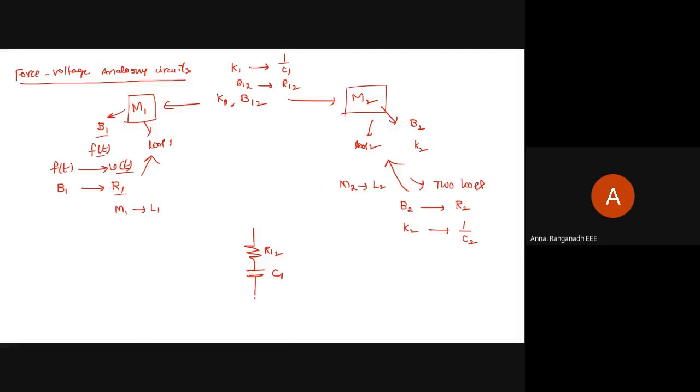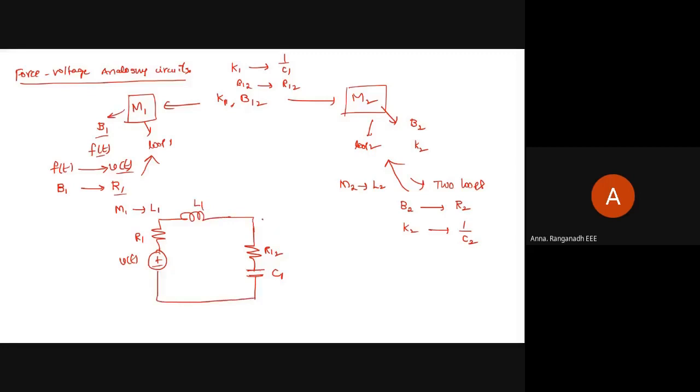So just as I have written, these are the two elements: this is loop 1, here loop 2 I am going to form. Now here f of t is nothing but v of t, which is restricted to loop 1. So therefore here I am writing v of t. Along with that we have one resistance R1, strictly related to the L1, connected like this. This is the loop formed.